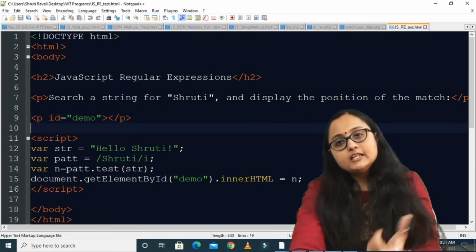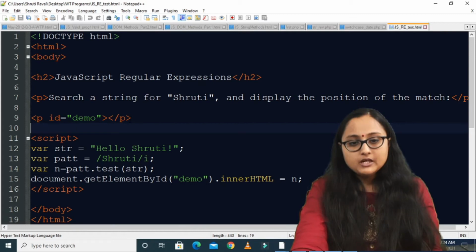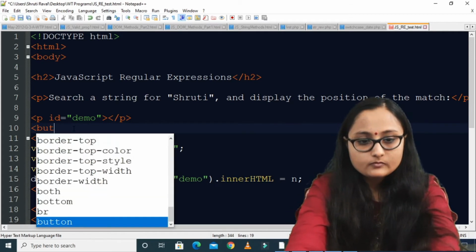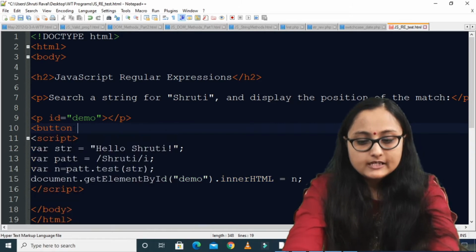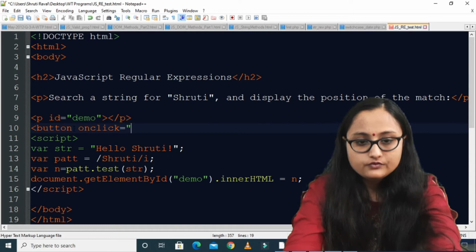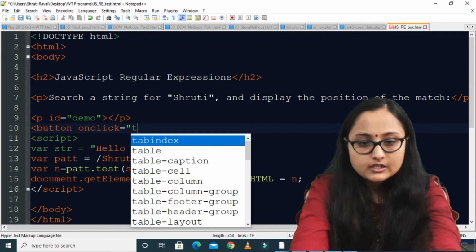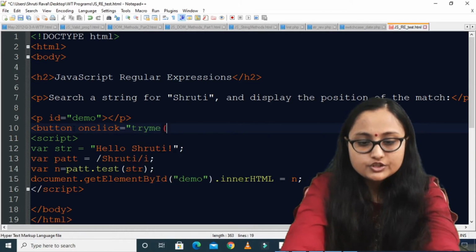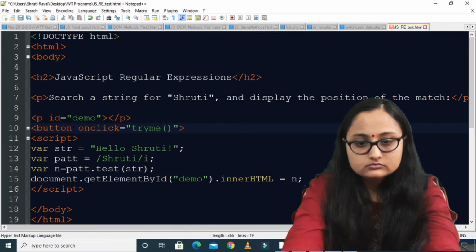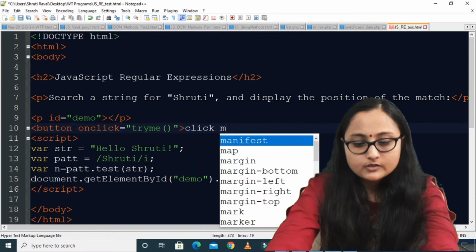And dynamically if I click on a button, so let us create a button, and inside the on click I will have a function to be called. Let us say try me is the function name, and I am writing click me, right?